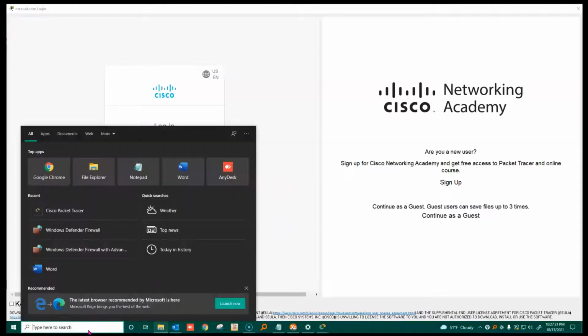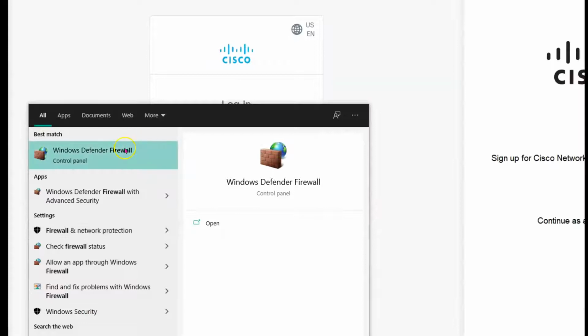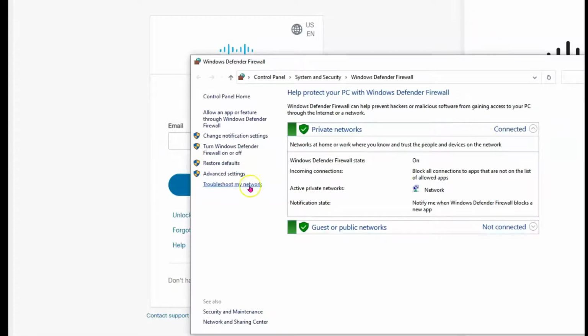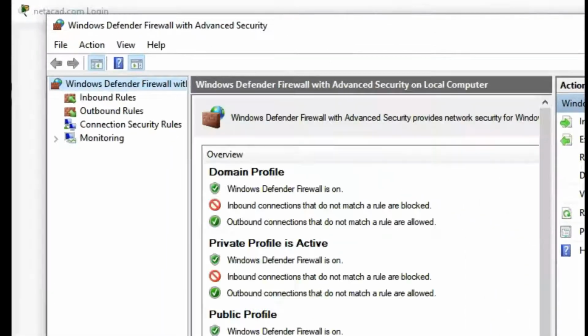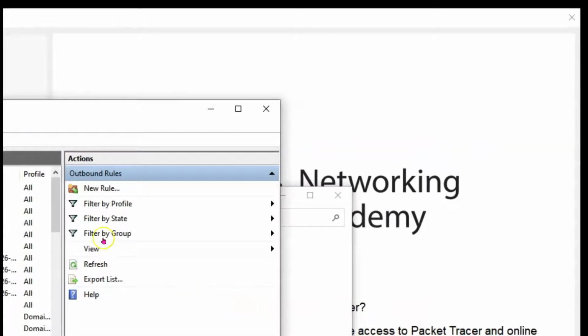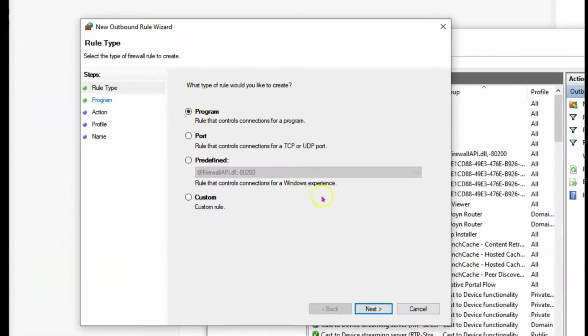So I'm going to go to the firewall, Windows Defender Firewall, and there's also Windows Defender Firewall with Advanced Security. That's the one I want, but in case you don't see it there, I'm going to go ahead and use just the Windows Defender Firewall, and then we'll navigate to Advanced Security, which is here, Advanced Setting. Okay, I'm going to choose Outbound Rules, and then New Rule. Here I want to block a program from outgoing, so I'm going to click Next under